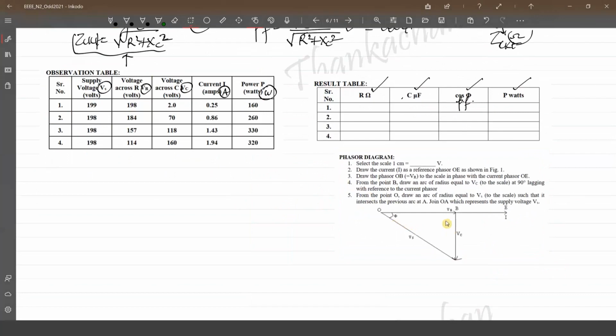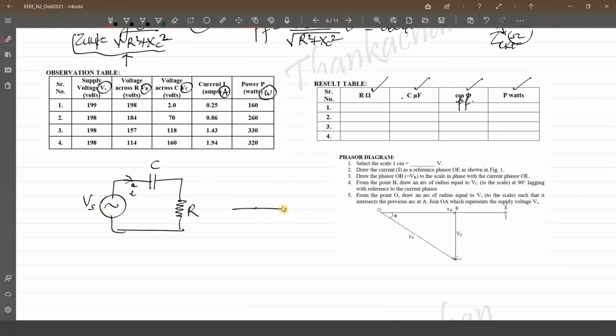So this basically is the current. The current is taken here as the reference. Our circuit is, I told you, capacitor, and this is resistance. I'm just going to draw it parallelly so that you understand it in a better way. So this is your voltage Vs, the source voltage. This is C and this is R, and this is the current I.